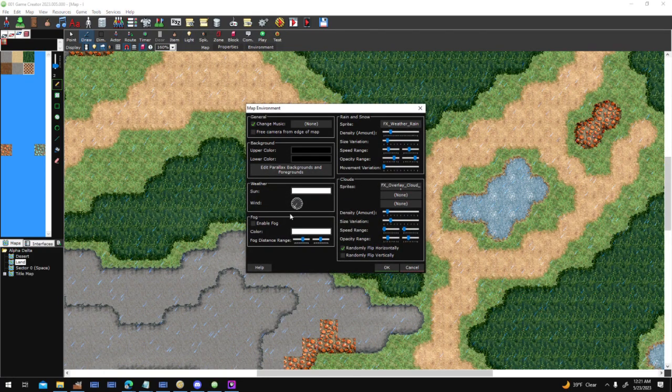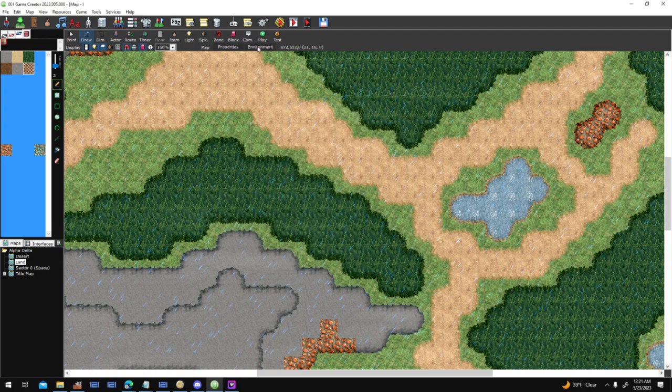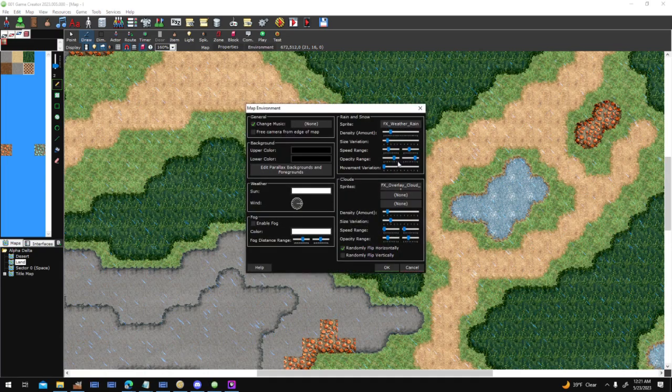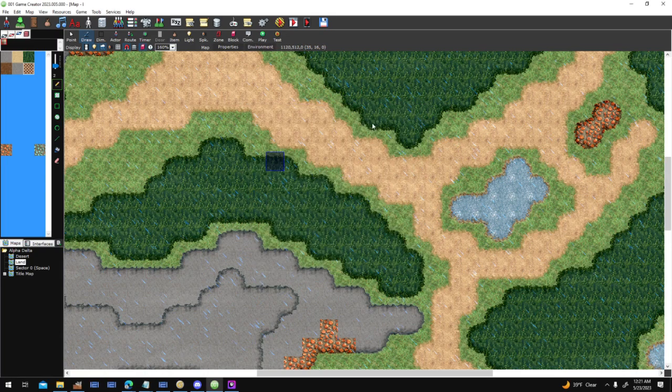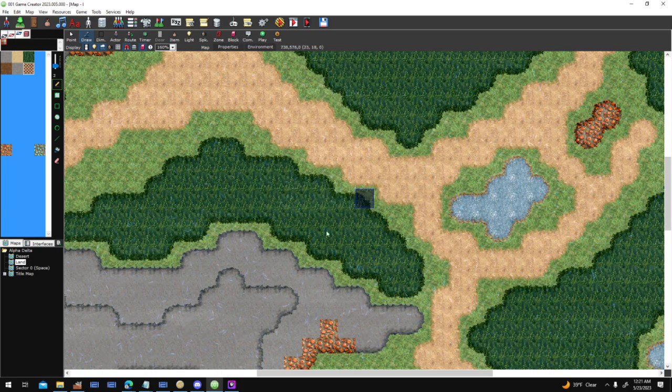I think it's just this bottom 45 degrees or so, but you can slide it back and forth and change the direction that the rain is blowing. And you can snap this in place by holding down Control or Shift, and either one will work, but you can change that. Then if you move the movement variation slider over this way, it'll fall down and start doing